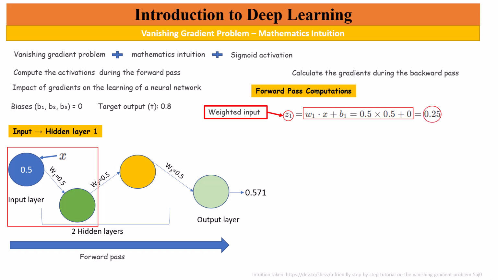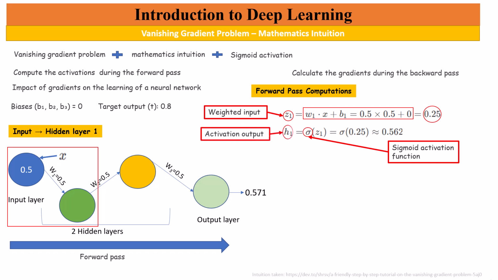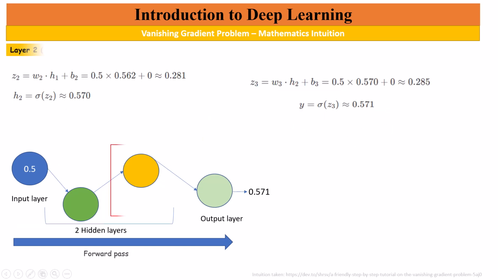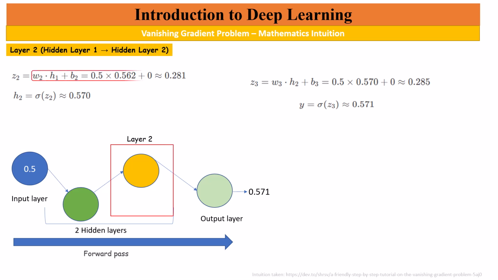Next, the sigmoid activation function is applied to Z1. The output of this activation, known as the activation output and denoted by H1, is 0.562. At layer 2, the network multiplies output of the layer 1, 0.562, by a weight W2, 0.5, and adds bias 0, giving 0.281 as weighted input. The sigmoid function is applied to the weighted input,